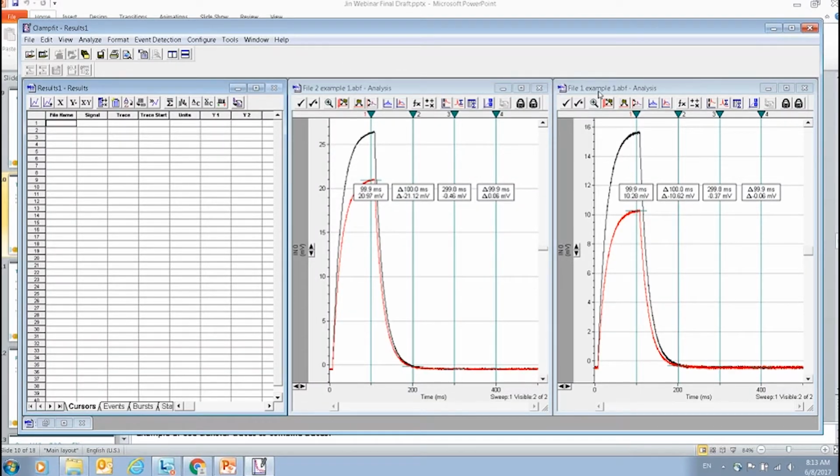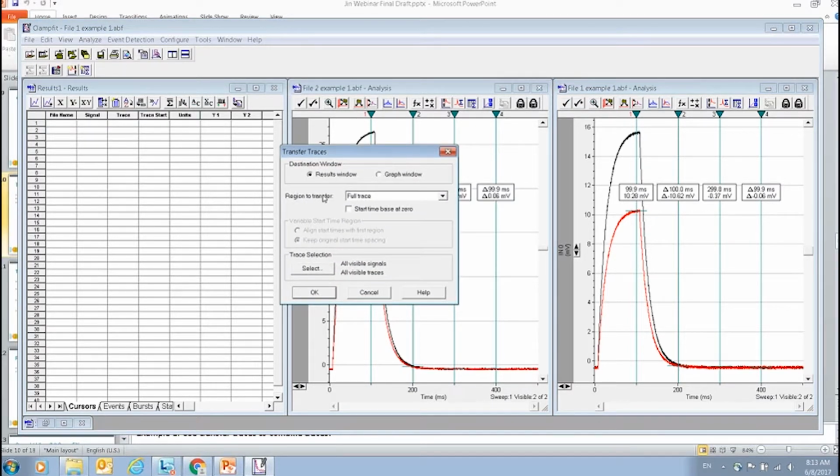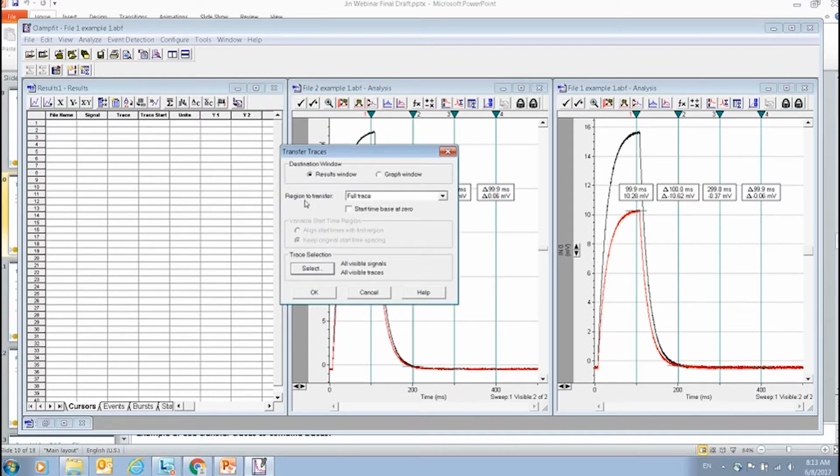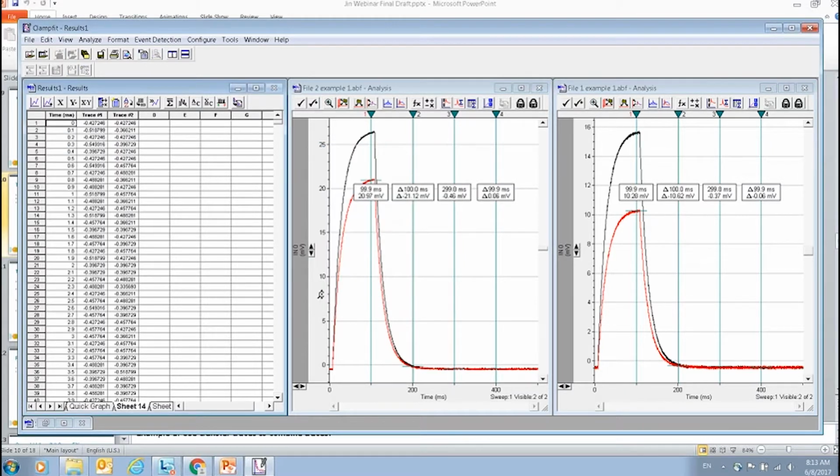I'm going to transfer traces for the first file first. So I'm going to highlight the first file and go to Editor, Transfer Traces. Here you can choose which region to transfer, and also which trace to transfer. Right now we only have one signal, so we can choose all visible signals. And we have two traces, so I'm going to transfer both of them. So I'll click OK. And I'm going to transfer the whole trace from the beginning to the end. So once I click OK,